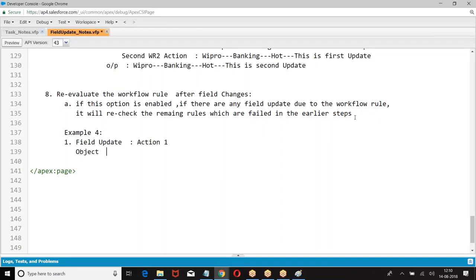What is the object? Object 1, account. Field ownership equal to, then re-evaluate. Make it false.